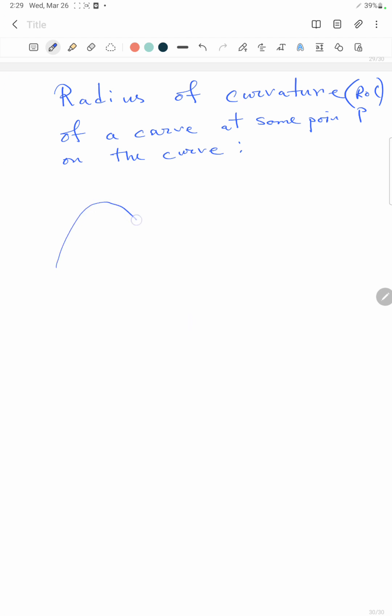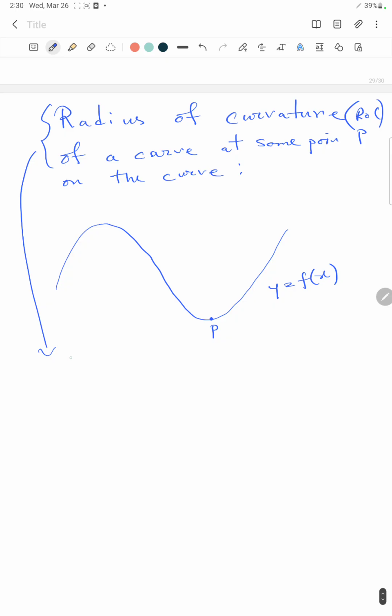So suppose we have a curve like this, y equal to f(x), and at some point P on this curve, we want to measure the radius of curvature of this curve. So whenever we talk about radius, it seems that a circle is involved there. So actually there is a circle involved here. So radius of curvature is nothing but the fact that at the point P